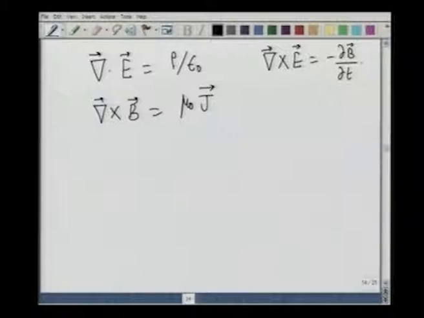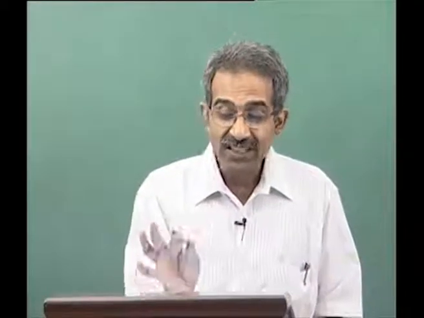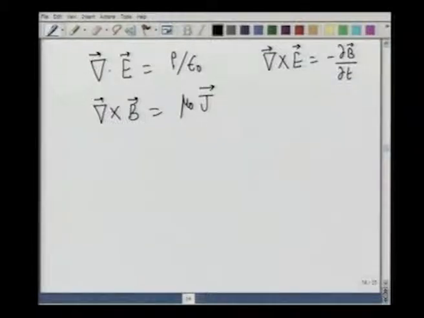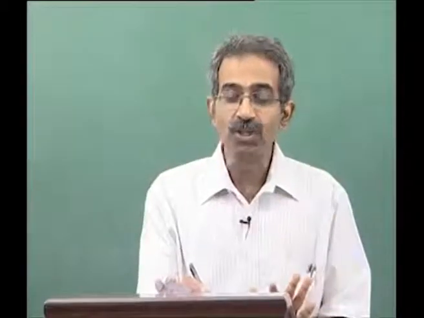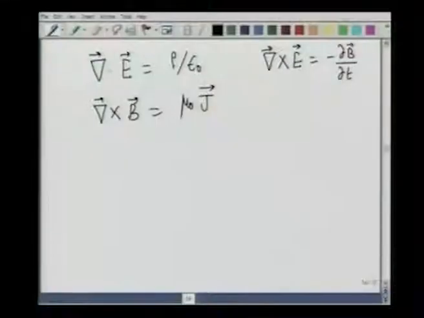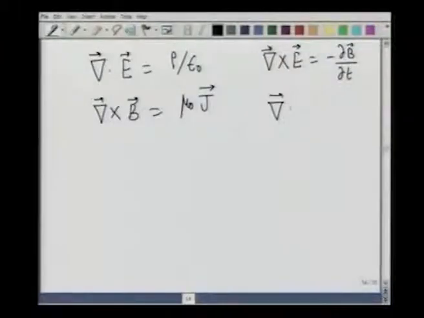For those of you who are familiar with a little bit of Fourier transforms, I will give you some jargon; others might completely ignore this. The charge density rho produces what is called the longitudinal component of the electric field. The time dependent magnetic field produces what is called the transverse component of the electric field. There is no longitudinal component of the magnetic field because there are no magnetic charges. So, I have this equation. Let me contrast it with divergence B equal to 0. Divergence B equal to 0 tells you that there is no longitudinal part.